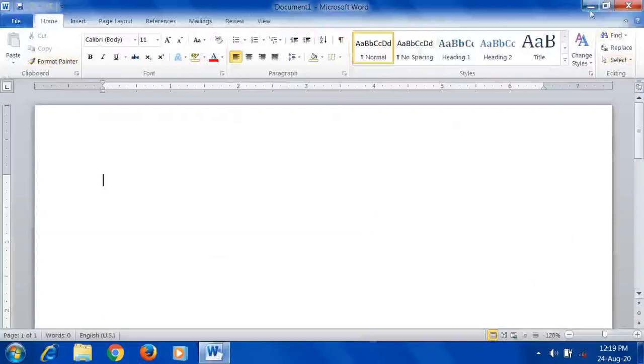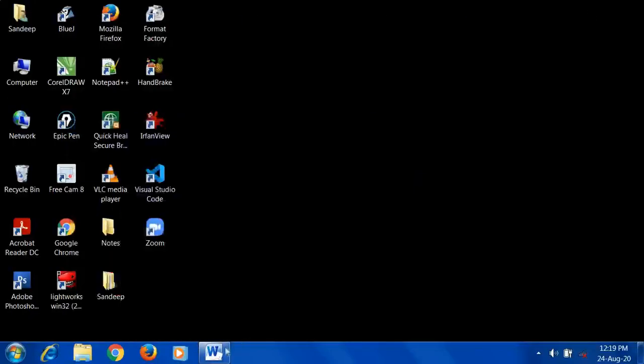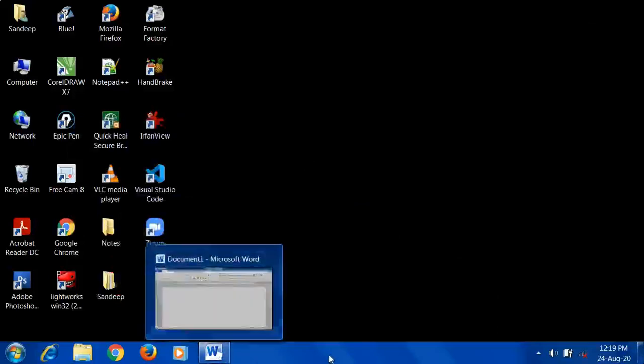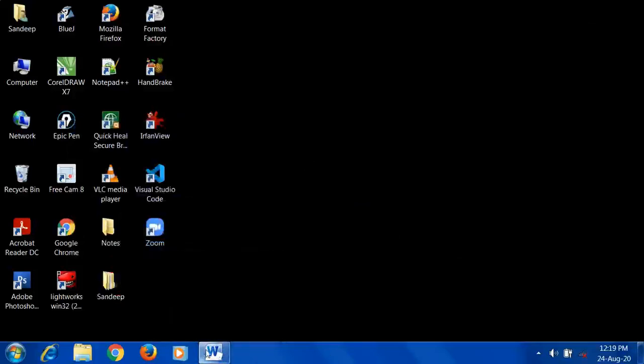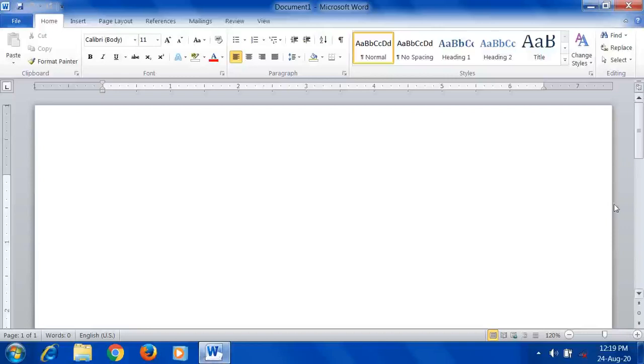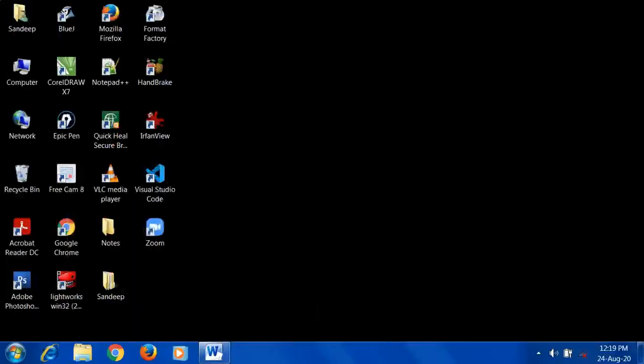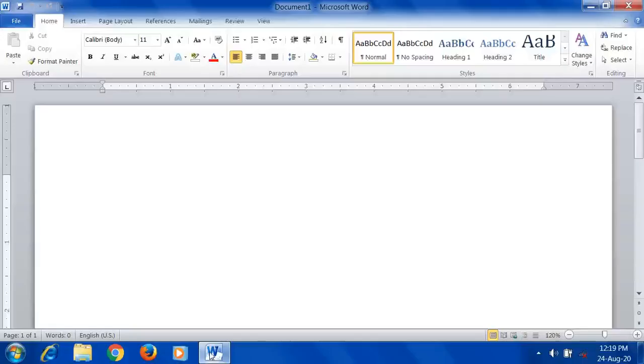Now when I click on this minimize window, see, that document window gets placed on the taskbar. Again when you click on this document icon, it gets maximized. So this is the way, so that point is given. When you minimize, again it gets placed on the taskbar, and you can restore the document window by clicking on the document icon. So by clicking on that document icon, you can again maximize.